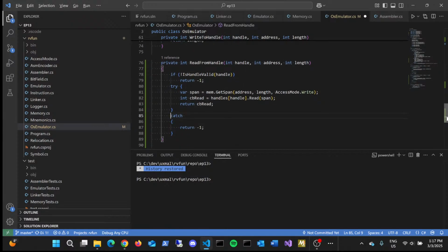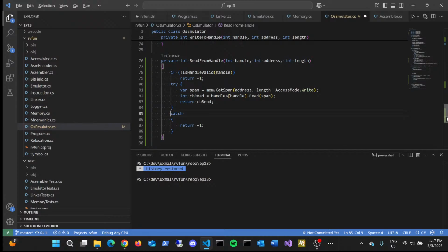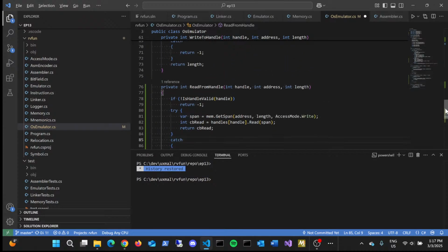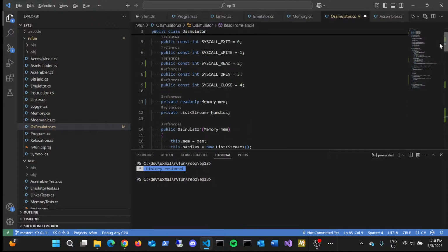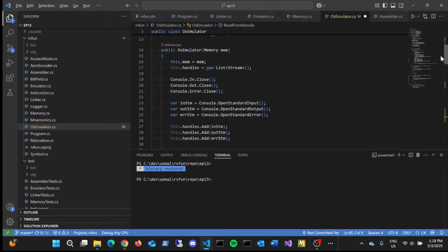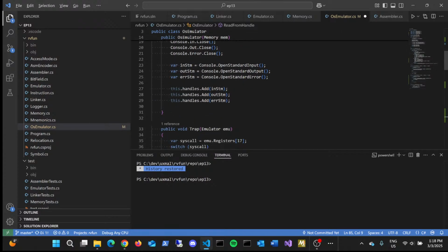We read data and then we put stuff into the span and then we return the number of bytes read to the caller. So that wasn't that hard. Let's take a look instead at open, which is the more exciting system call. So open, what we want to do with open is,